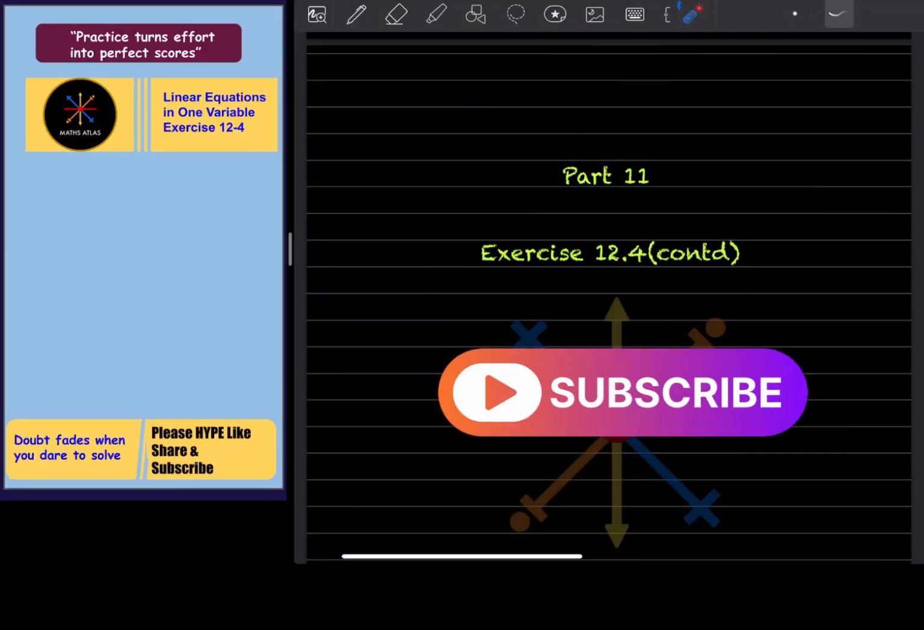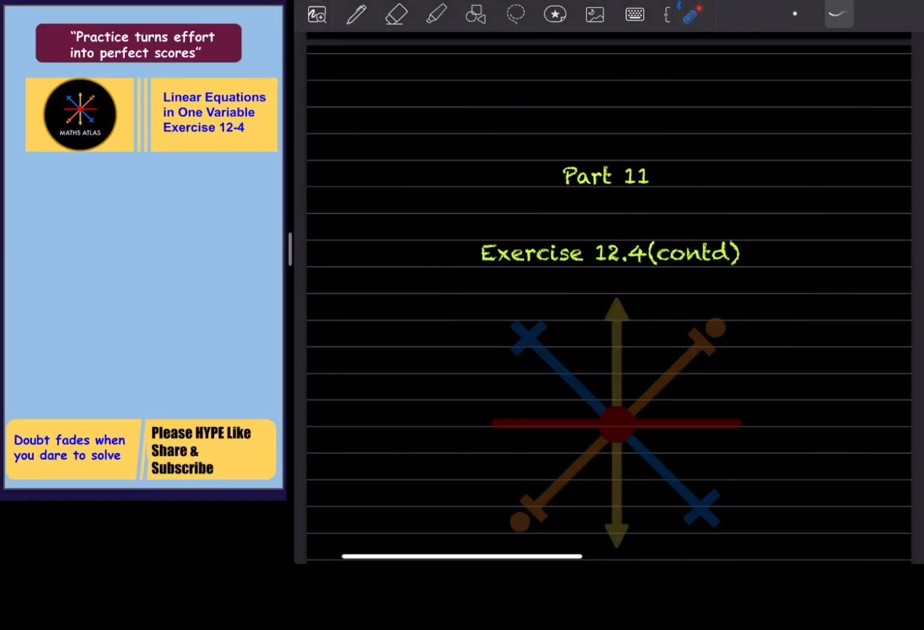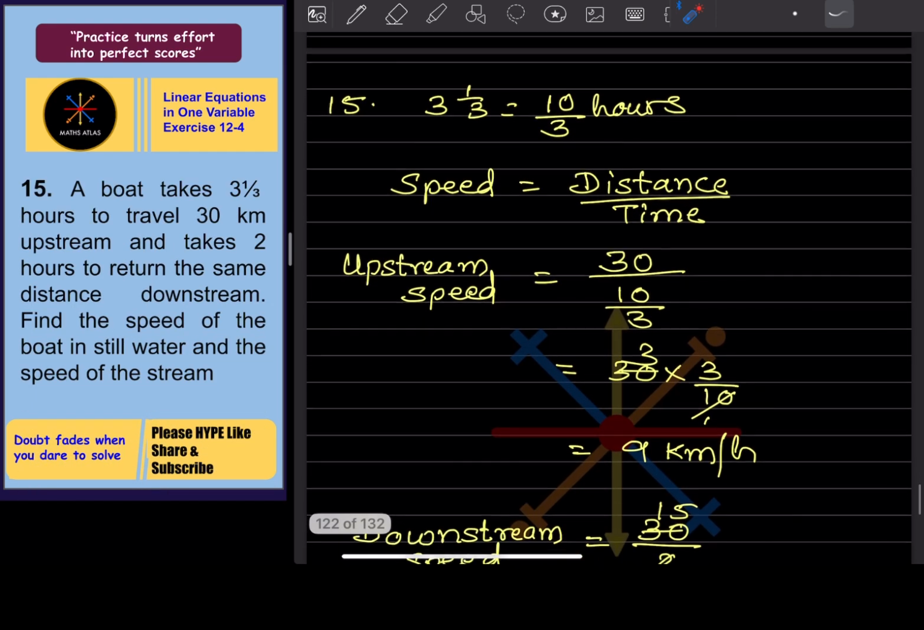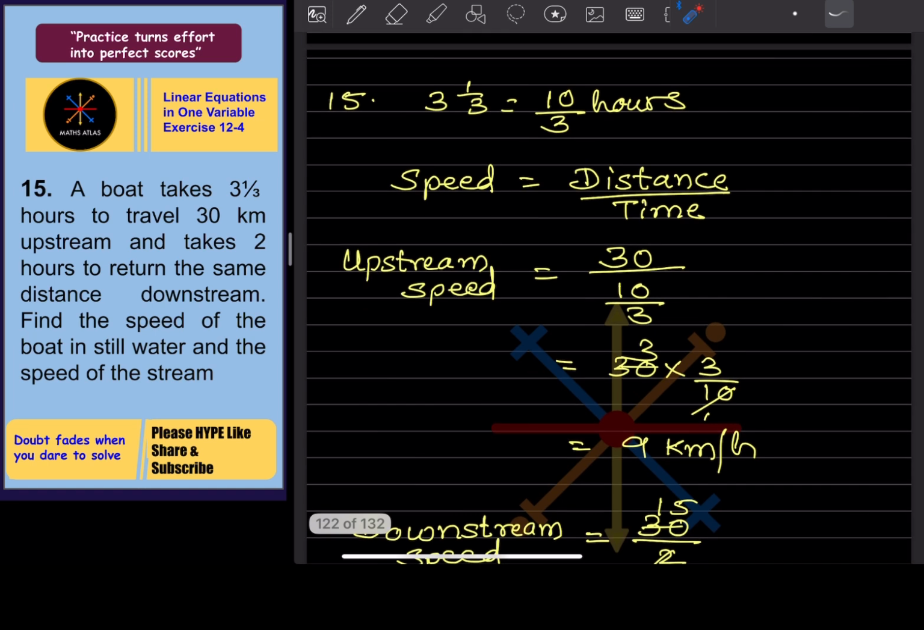Today, let us start with part 11 and continue with exercise 12.4. Here we'll see question number 15. A boat takes 3 integers 1 by 3 hours to travel 30 kilometers upstream and takes 2 hours to return the same distance downstream. You have to find the speed of the boat in still water and the speed of